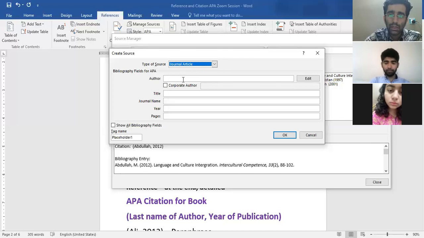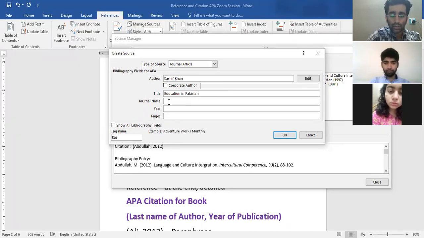So we add the name of the author. Say for example, Kashif Khan, and then the title of the article is Education in Pakistan.